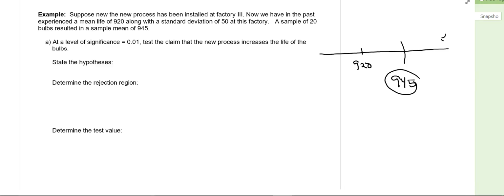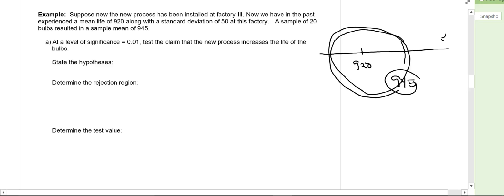Now, when you take a sample, you know that the sample mean is not representative of the entire population. You take different samples, you get different sample means, right? But what do we expect? We expect the sample mean to be within a reasonable distance of the true population mean, correct? That's what the central limit theorem tells us, right? So basically,